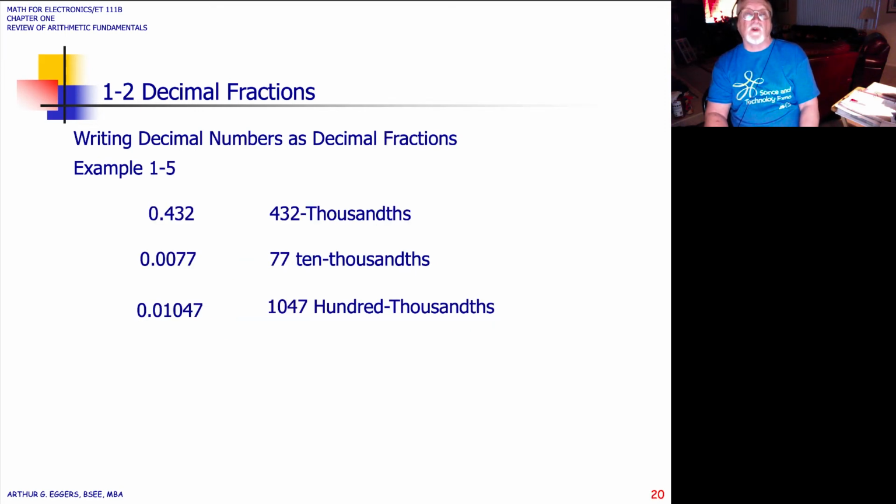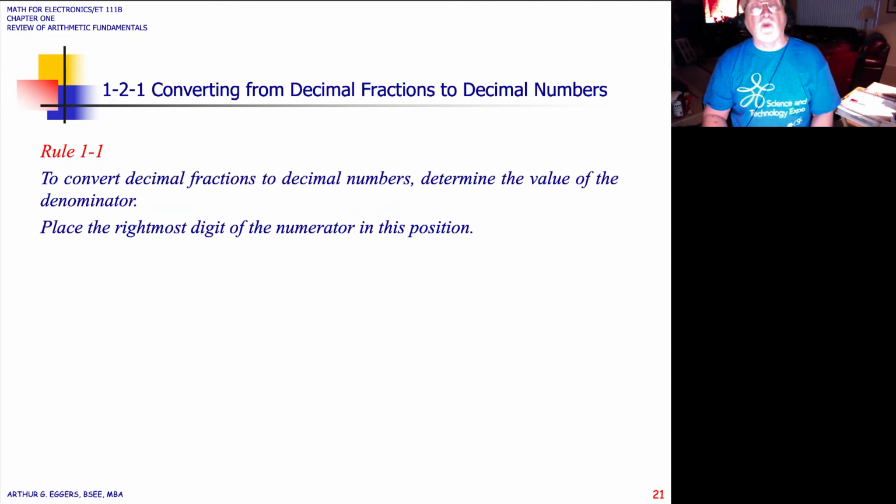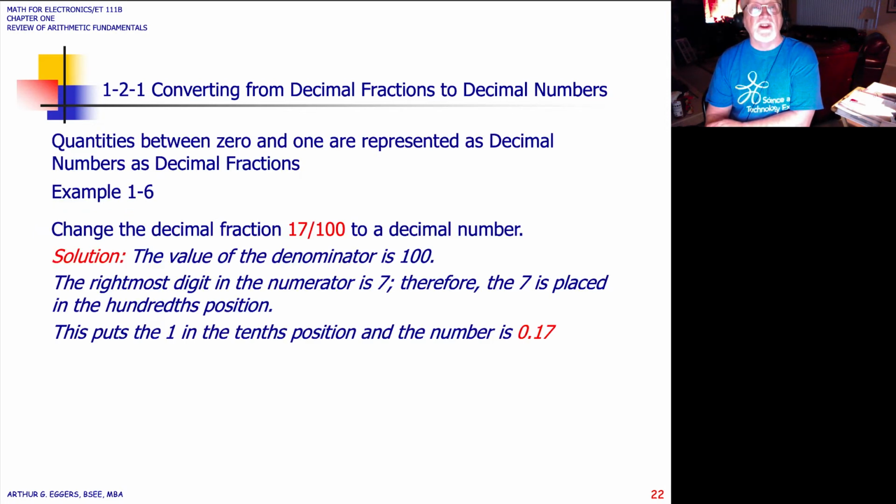In this case, 423 thousandths could just as easily be represented as 423 divided by what? 10 to the third or 1,000. Keep track of the rules in your textbook. Rule number 1 in dealing with conversion of decimal fractions to decimal numbers is determined by the value of the denominator. So we go back to that